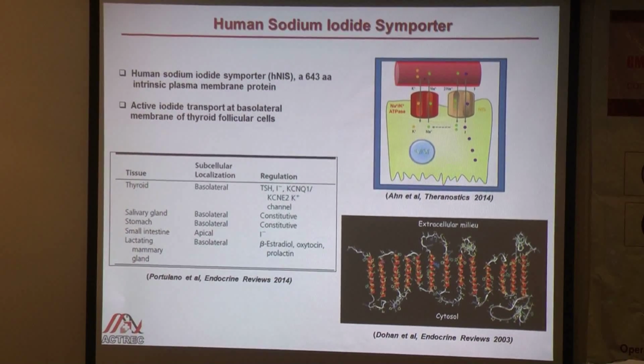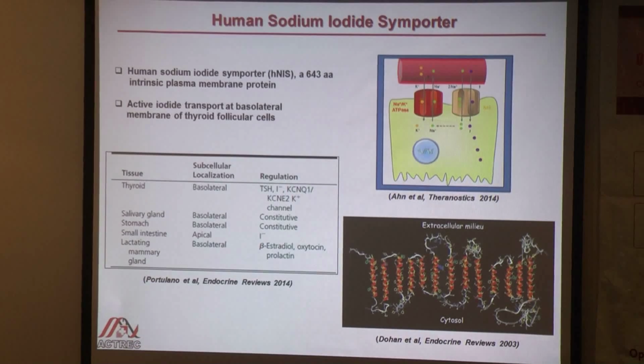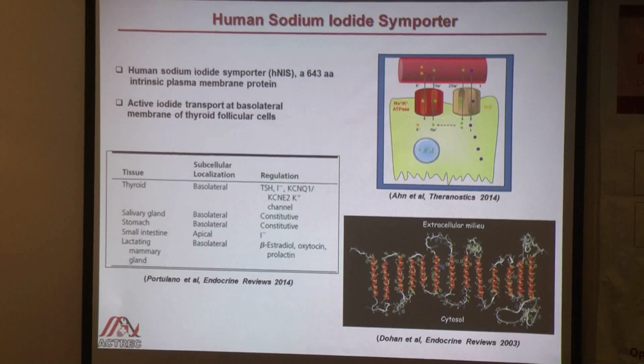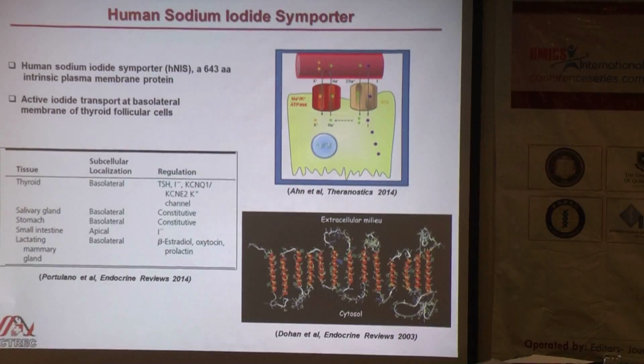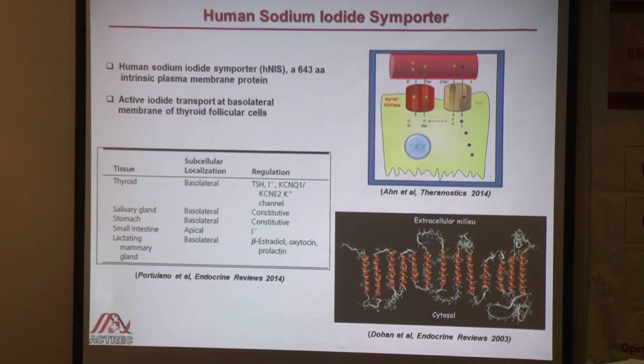One of the focuses of our group is the human sodium iodide symporter. To start with, the human sodium iodide symporter, also known as hNIS, is a 643 amino acid intrinsic plasma membrane glycoprotein. It is also known as SLC5A5, as it is a member of the solute carrier transporter family. It is majorly expressed in the basolateral membrane of the thyroid follicular cells, and as the name indicates,